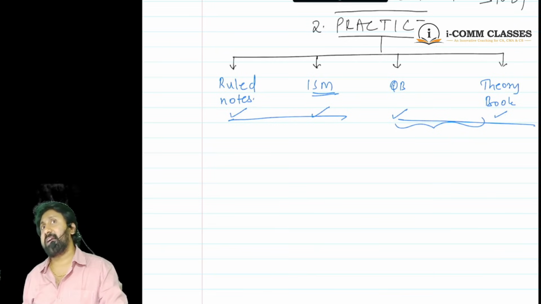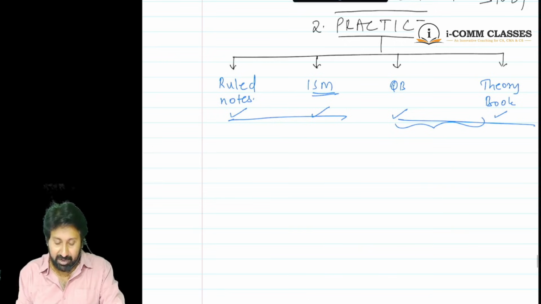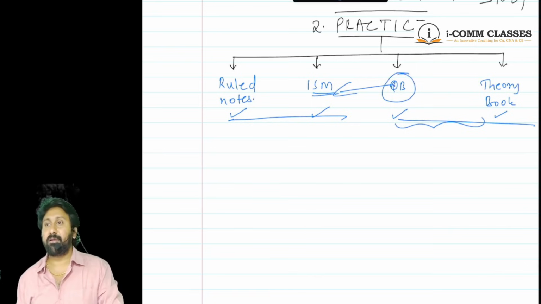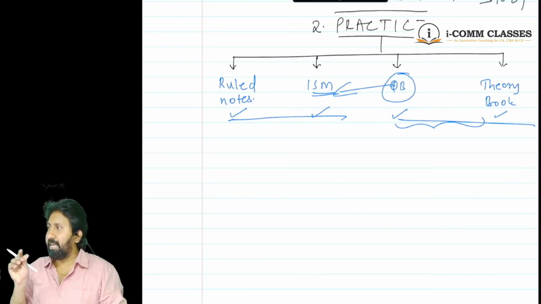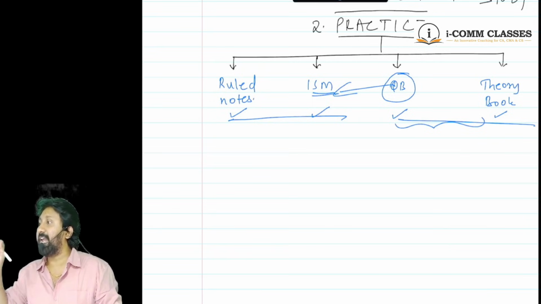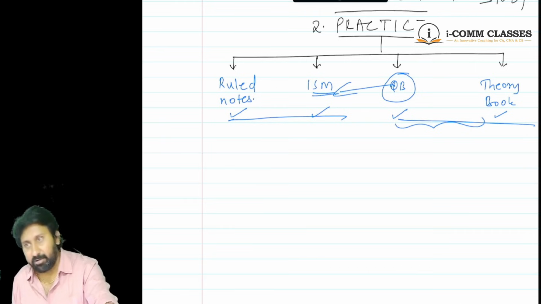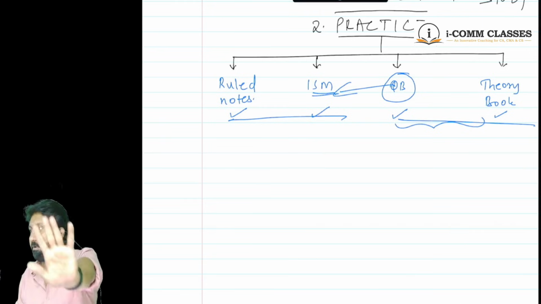Sir, why selected, why not all? Next question. I will tell you. The question bank will cover ISM again. No. In classroom teaching we will use ISM completely. In ISM, totally 281 problems are there, and we will solve all 281 problems in the class. Not even a single problem will we leave.